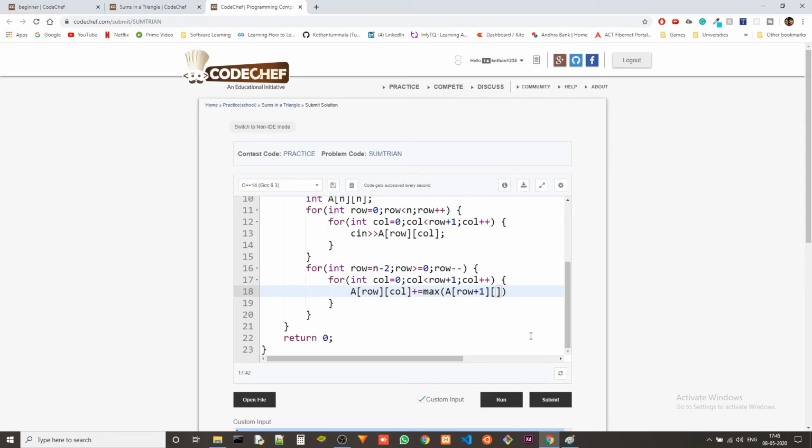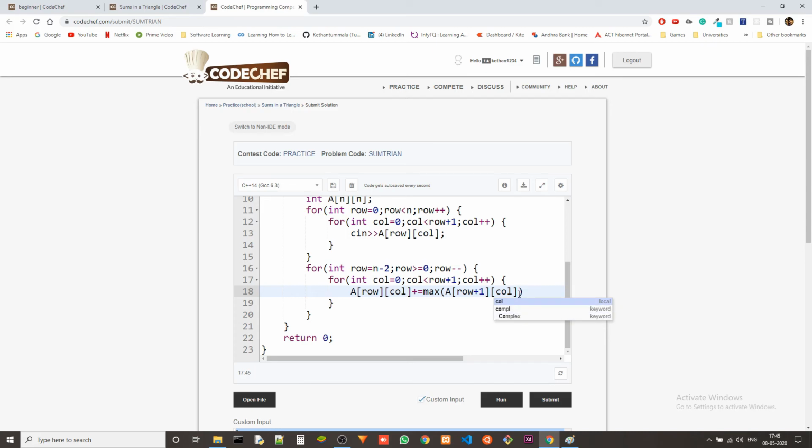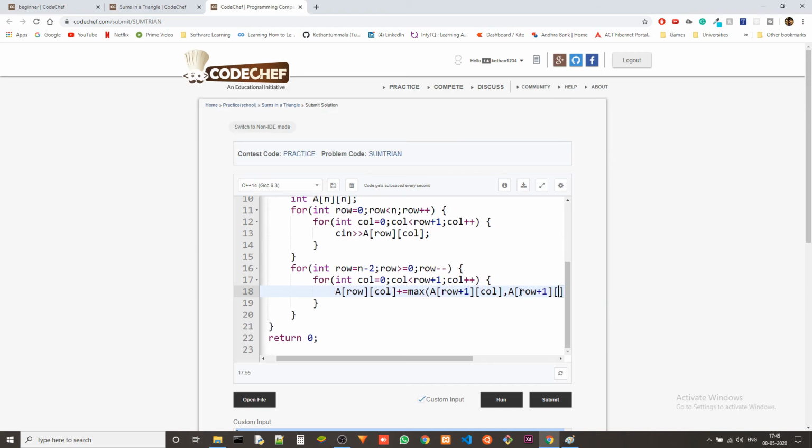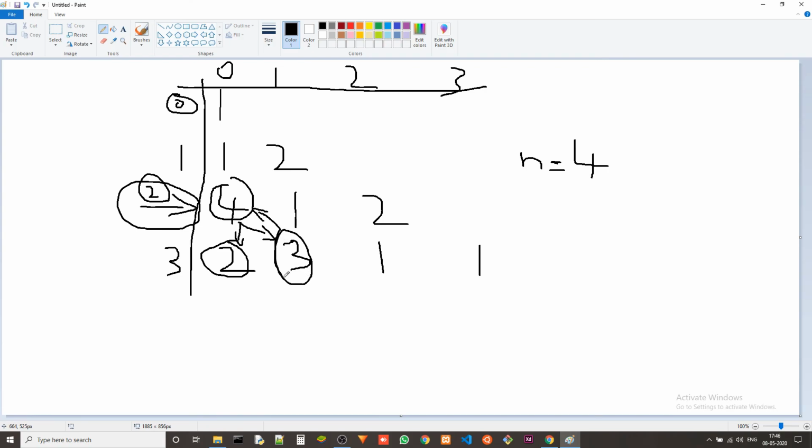And which column are we looking at? We are looking at this column only, right? This is column 0, column 1, column 2 and column 3. We are looking at this column first, and then the other variable will be A of row plus 1 again, but here column plus 1, because we are looking at this element, in the next column.